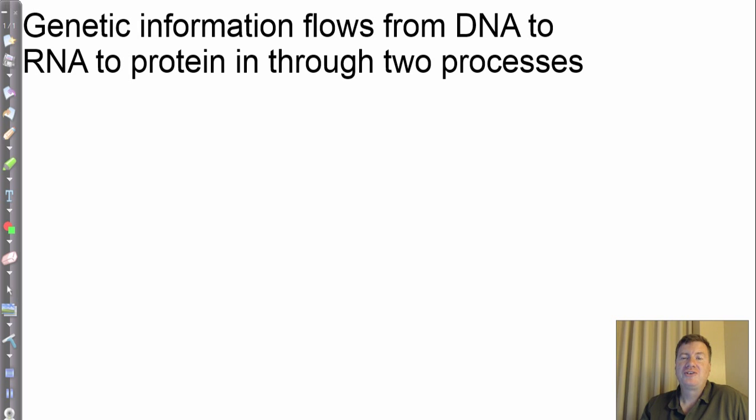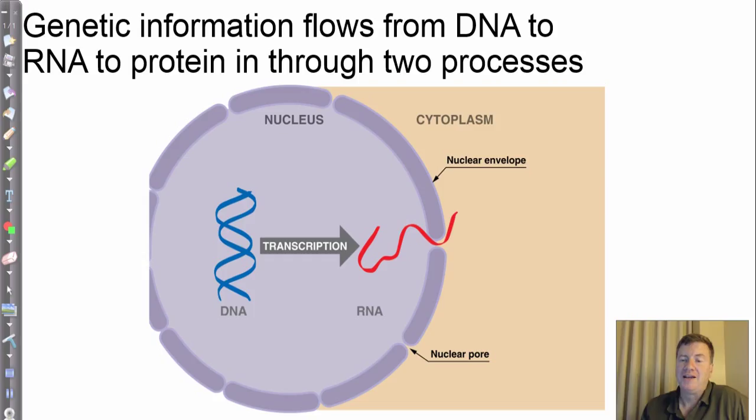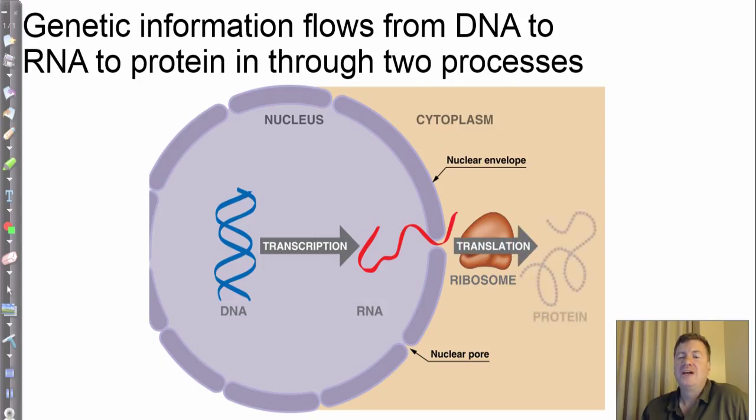So genetic information flows, if you will, from DNA to RNA through these two processes. And I just mentioned these before by name, but here's the DNA. By transcription, a copy is going to be made, an RNA copy is going to be made. The RNA copy is going to leave the nucleus, go into the cytoplasm, where ribosomes, these are going to be parts of the cell, are going to read those, translate those RNA strips, if you will, into the functional protein. So we talk about the information of DNA stored in the nucleus, but it flows, in this case, from the DNA to the RNA, RNA to the protein production.